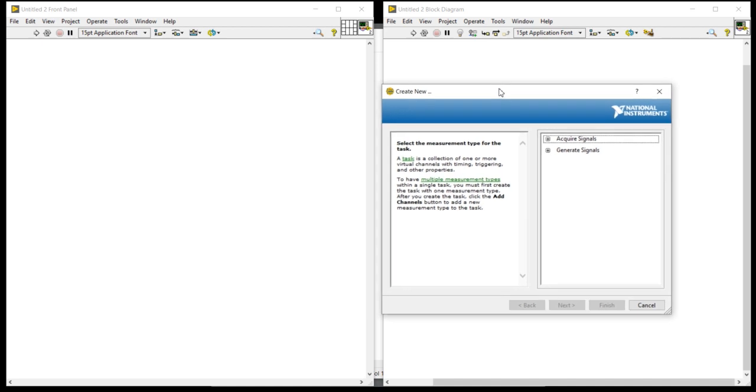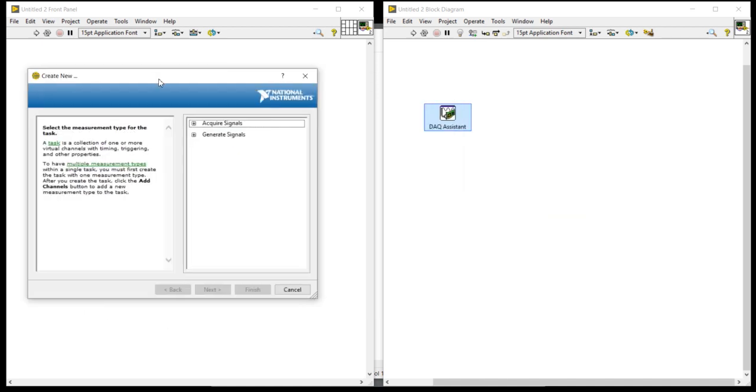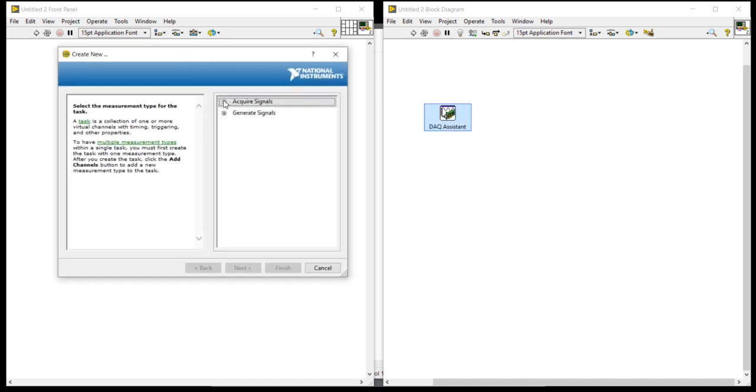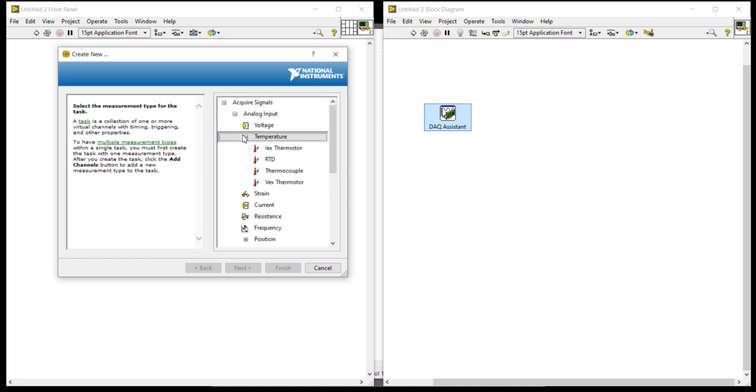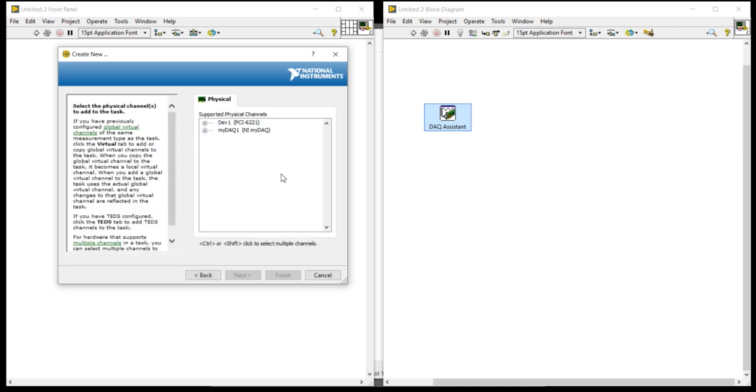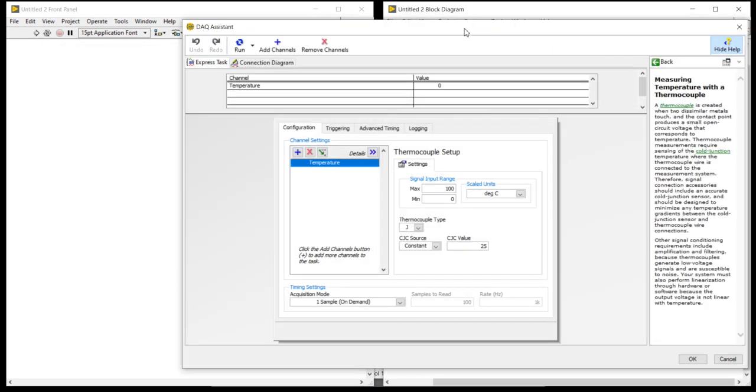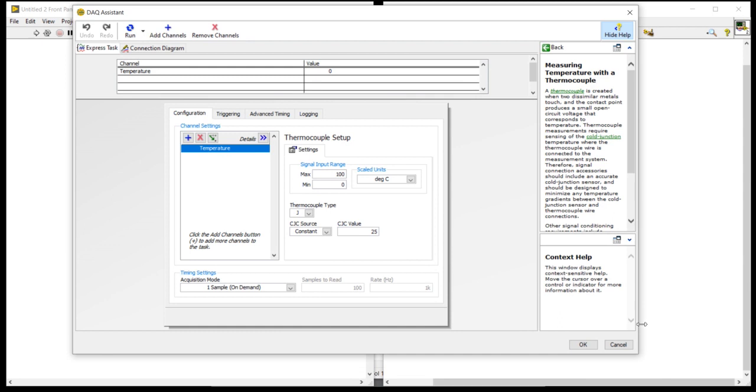In this DAQ assistant, I am going to click acquire signal, analog input, temperature, thermocouple. Now my DAQ, let's okay my DAQ and analog input 0, finish, and come into this place.